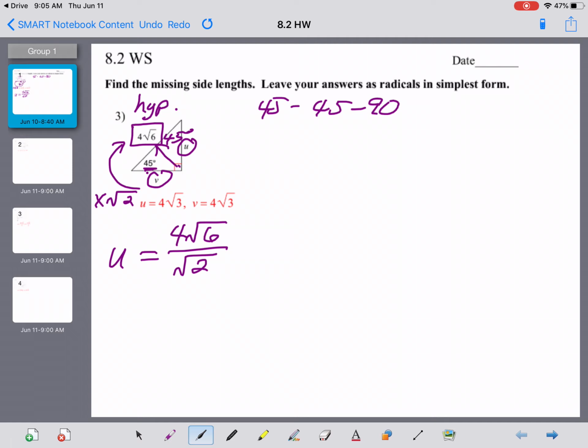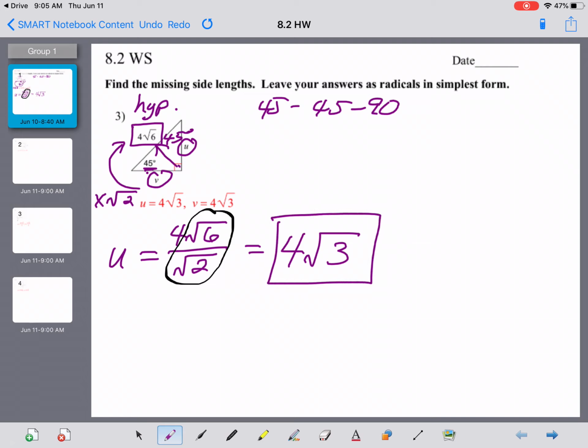The important thing to understand here is that the 4 is kind of the odd man out in this expression. It's a regular number, a coefficient in front of a radical. There's nothing else here that it can be combined with. But you've got a square root of 6 and a square root of 2 on both the top and the bottom, and those 2 numbers, because they're both underneath a square root, can be combined. All we're going to do, guys, is take the 6 divided by the 2 to get a 3, and our answer then becomes 4 times the square root of 3. There's nothing else we can do to simplify that, so that's our value for U, 4 times the square root